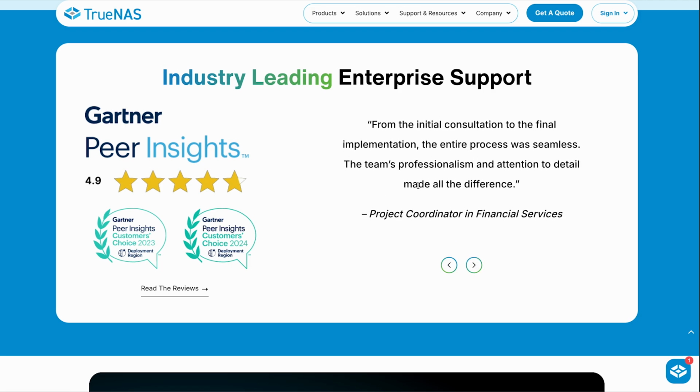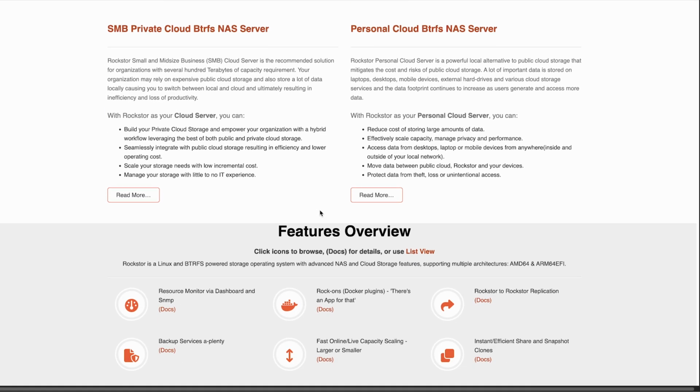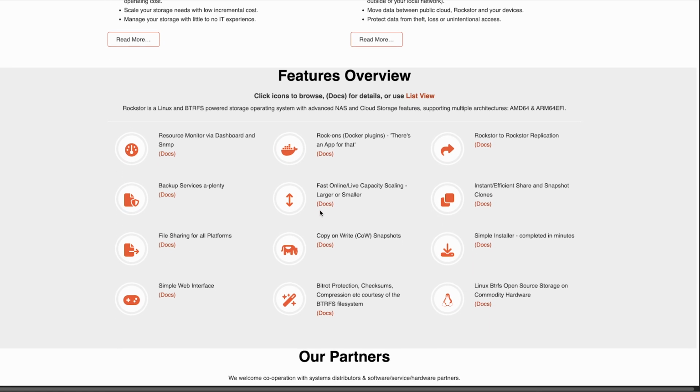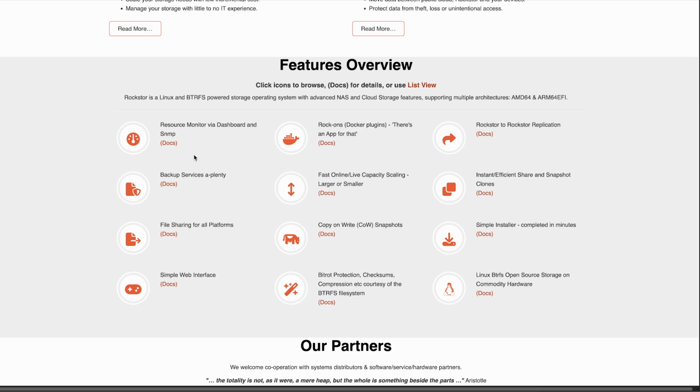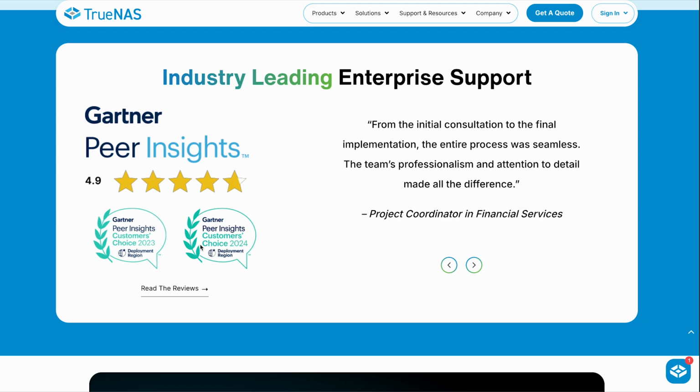For those that value simplicity, ease with Linux, and compatibility with Docker containers in the form of Rock-Ons, go with Rockstor as your NAS of choice. For those that value enterprise level stability, support for ZFS, and more advanced functionality, go with TrueNAS. Try both and find out which one